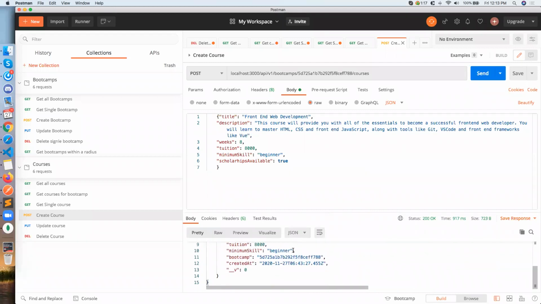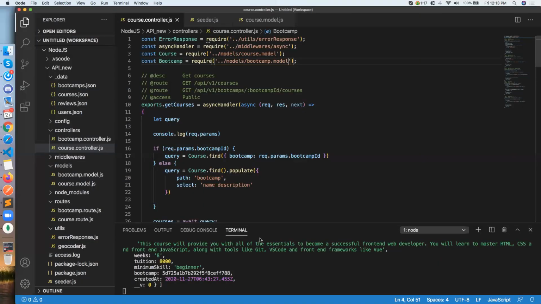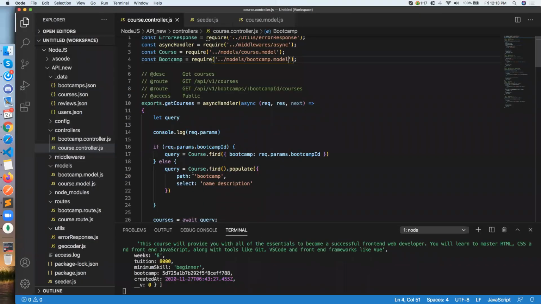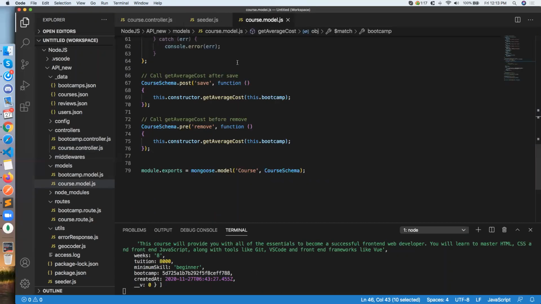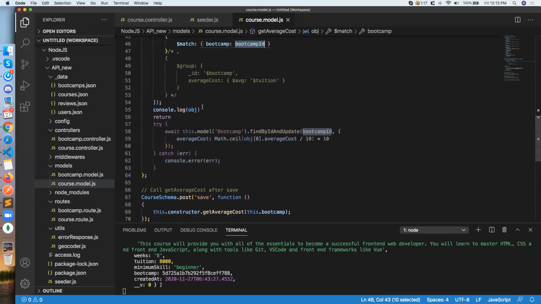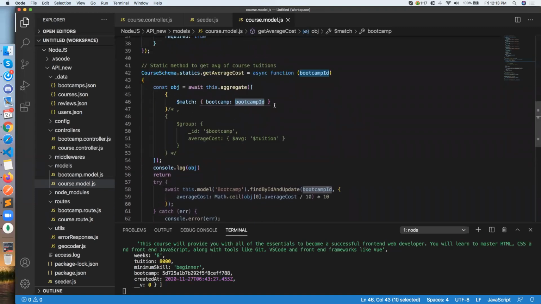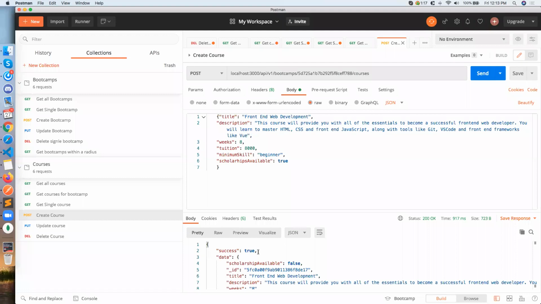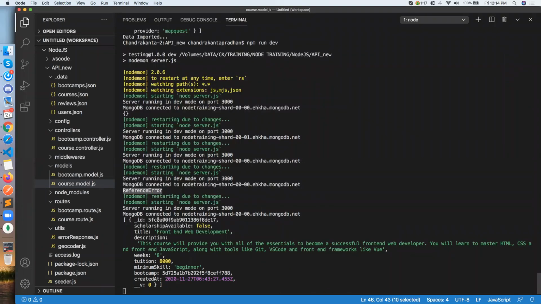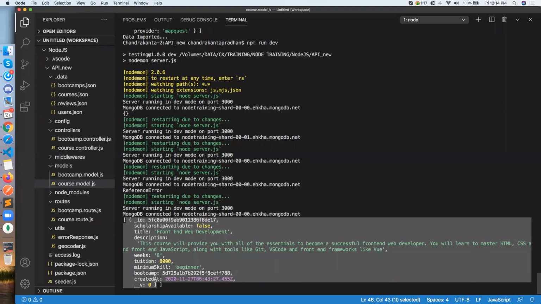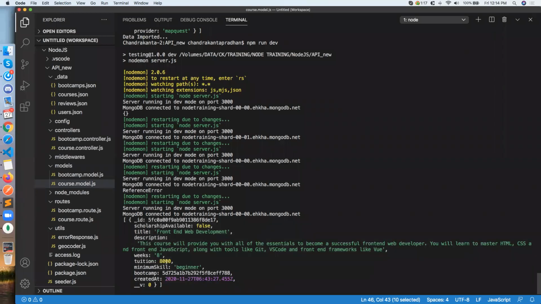Okay. So now it is created, and you can see the object, the console I have mentioned here, where the object means the first stage after matching. So I'm passing the bootcamp ID and it will return the courses associated with this bootcamp ID, right? So now you can see inside console, let me expand it. You can see the ID, this is one ID inside an array, right? And I have created that,